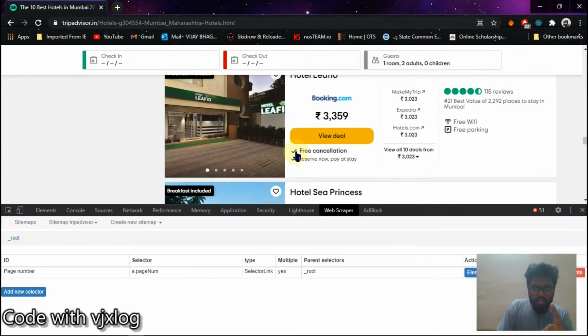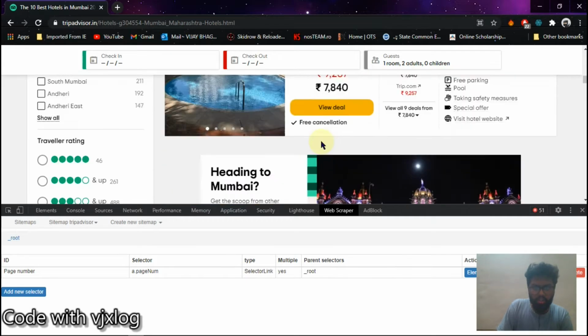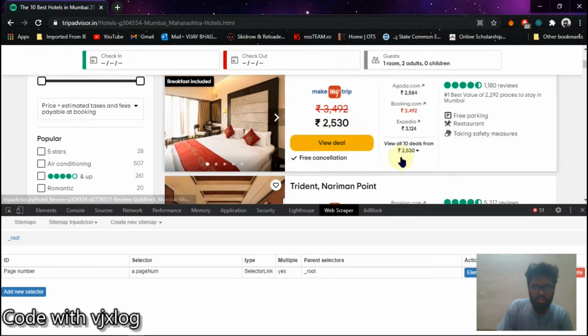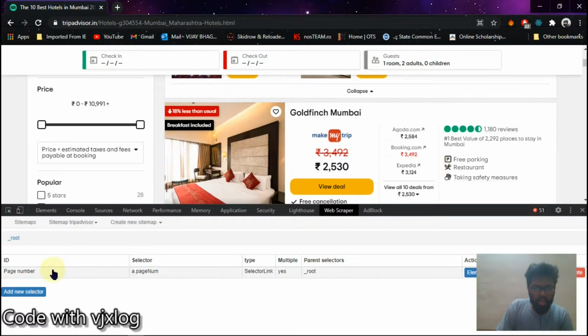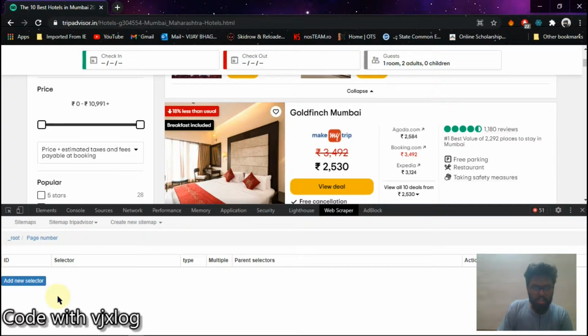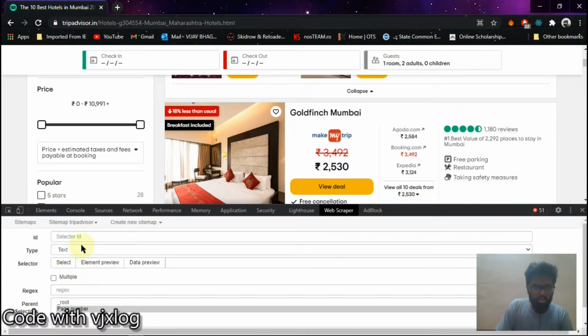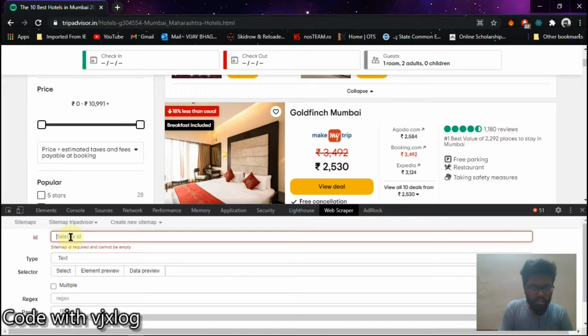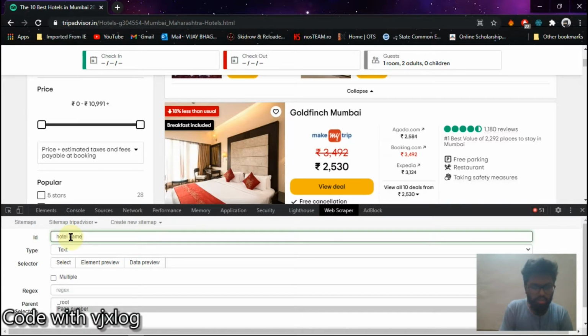Now every page number contains a variety of info on all the hotels, right? We have to collect all this info. Therefore I'll go into the ID named page number. I'll click on it and go inside it. Now I am entering the first page and I am trying to select data that is useful for me as a selector field. First of all, I have to collect the name of the hotels. So I'll write hotel names.